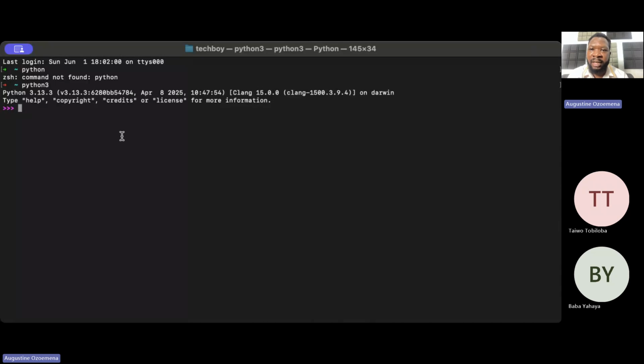Whether we're trying to calculate something, process some files or do some other tasks, Python can do all of that for us, right? So I'm going to show you an example. At this point, we can start typing in commands and Python will respond instantly, right? So for example,